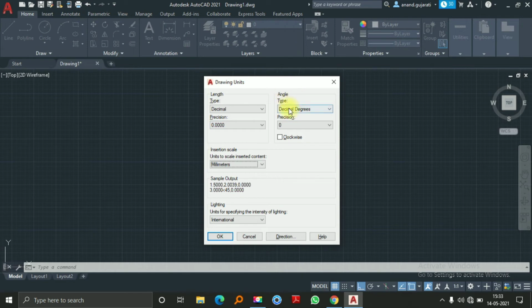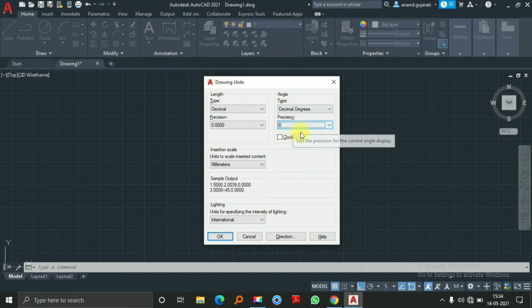Here comes angle. When you select the angle type, you will see decimal degrees, degrees minutes seconds, grads, radians, surveyor's units. By default, it is decimal degrees. Mostly, it will select decimal degrees.